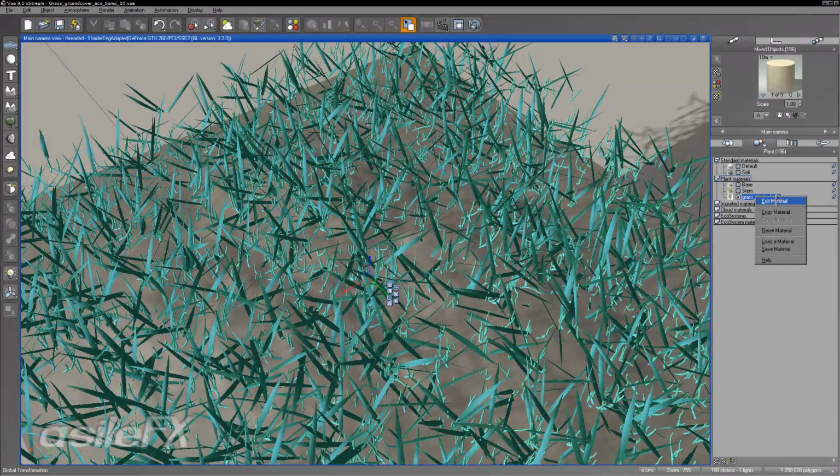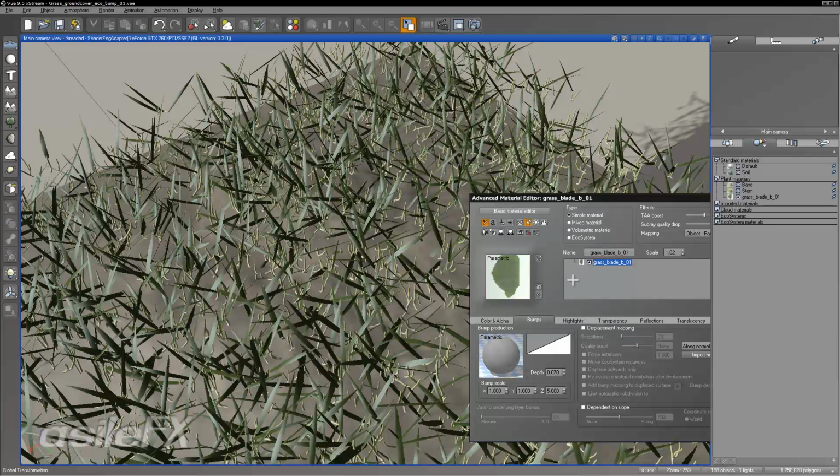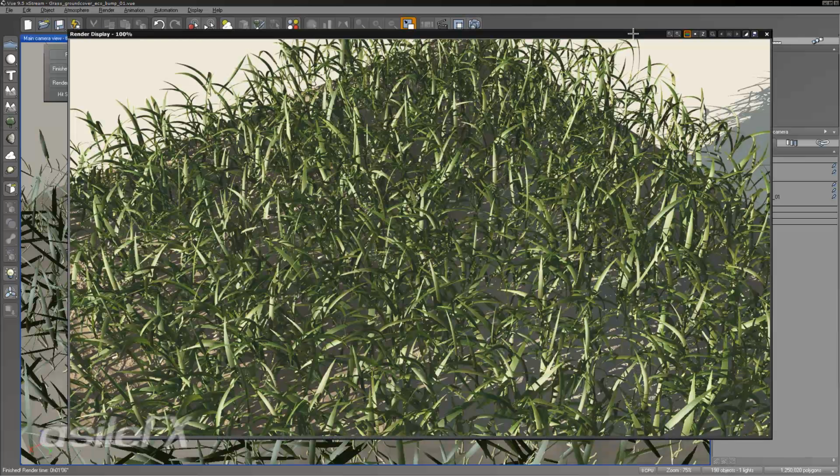First, I'm going to edit the material, go to the bump channel, and reset the function that's on there. So now we're going to see absolutely no bump showing up. Okay, so here is the render, no bump channel at all. When we get closer, we're going to want to see a little bit of bump. So we can set this up to be pretty lightweight so that it's not taking a long time to render,